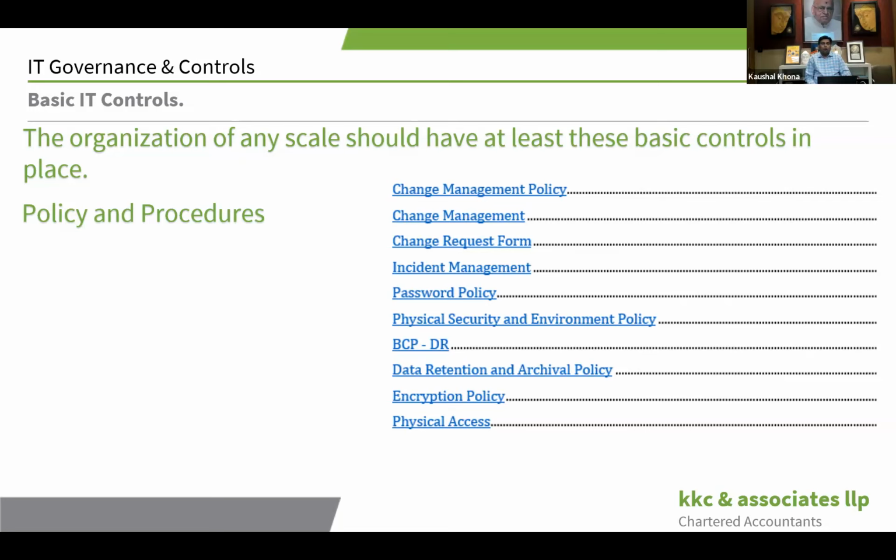Now, the next important policy is the physical security and environmental policy. Having all those software controls is one thing, but your physical security is also a very important thing. In many organizations, we see the server lying at one end of the office, with any outsider having easy access to it. So you should have a properly documented policy on how people are going to enter your office premises, and if possible, have a separate room for your server storage, access-controlled to very specific people who would access that room only on a need basis.